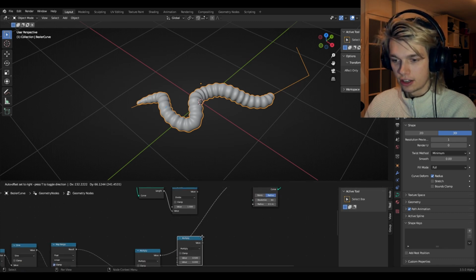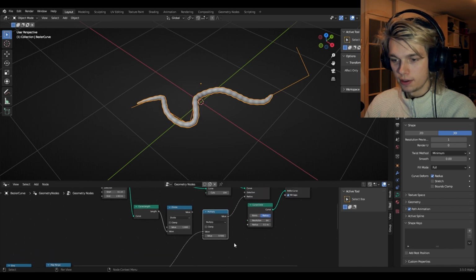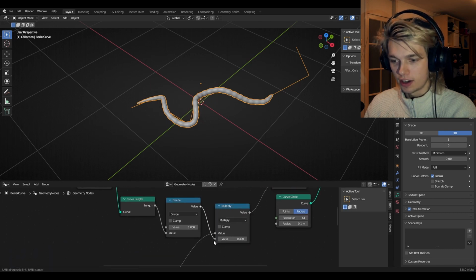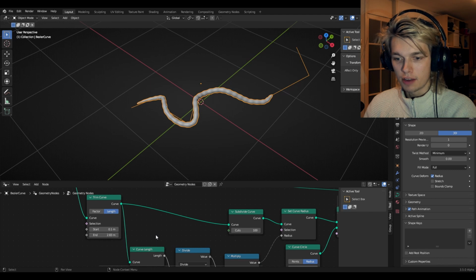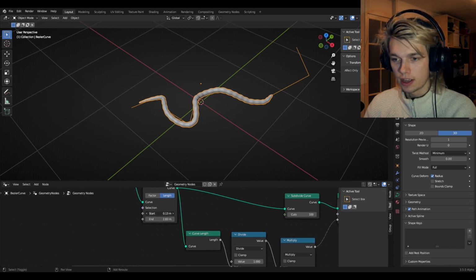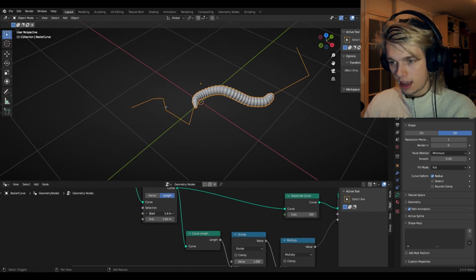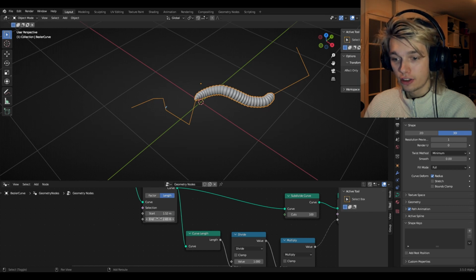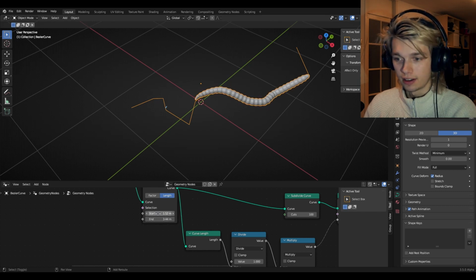And let's also get another multiply node and put it in between here. And let's connect our value to it. Okay, we have a result. Let's see what happens when we actually bunch it up. And we can see that the worm gets a lot thicker when it's bunched up like that, which is exactly